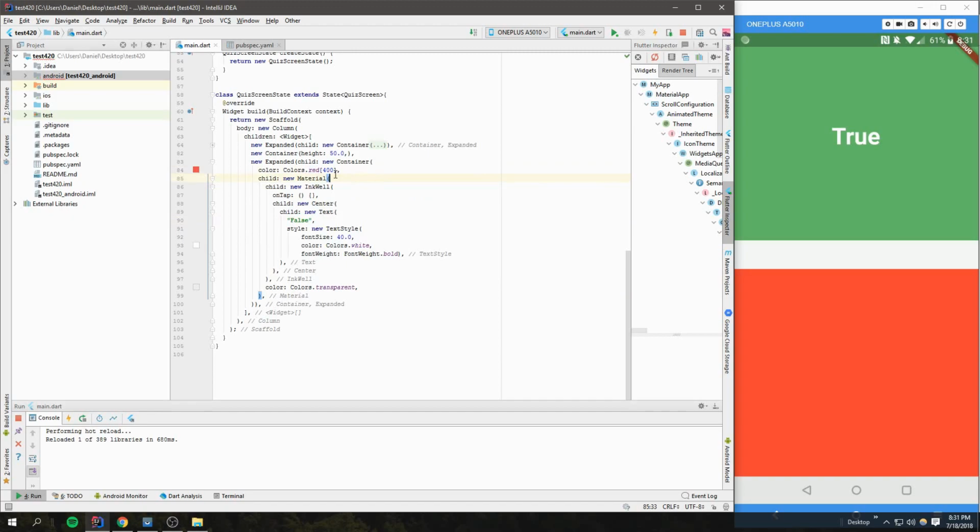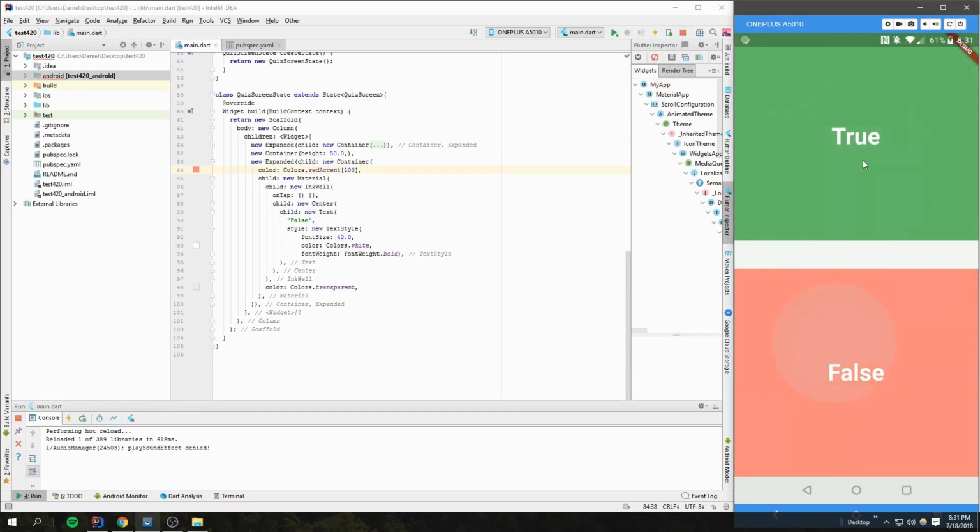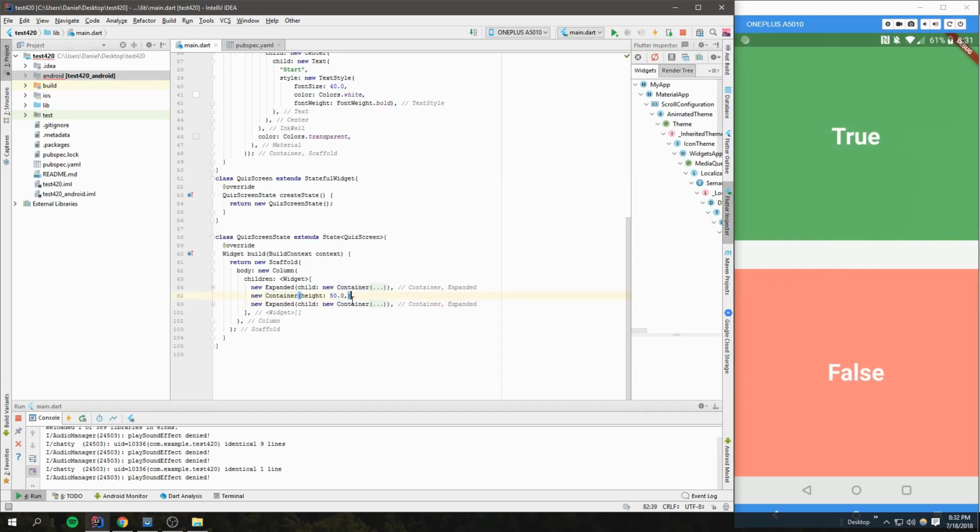Let's see if red 400. That's a bold color right there. So maybe red accent. Red accent 100. Yes, I like that. Good. Look at how that's good and matte, and you can see when I click, you got the little click, and good to go. So now we're gonna have this container in the middle, height, and let's make it a child. Oops, child, because we want it inside the container, and we're gonna new text, and let's just put the question